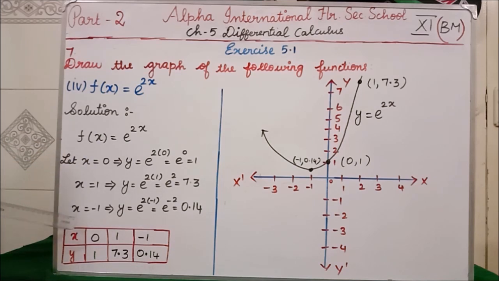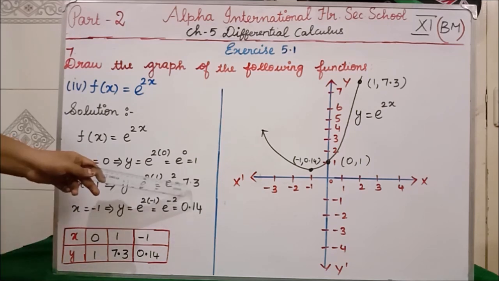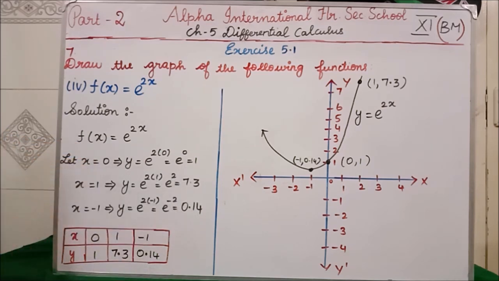Clear? Next I am going to substitute x as minus 1. y equal to e power 2 into minus 1. 2 ones are what? Minus 2. So in the same exponent table itself, e power minus 2 equal to 0.14 you are having. Clear? In the exponent table you will have these values, or otherwise e power minus 2 is what? 1 divided by e square, isn't it? So if you divide 1 by 7.3 we will get 0.13 something. So approximately we have written 0.14. Otherwise the values will be in your exponent table itself. So by seeing that you can write the values.